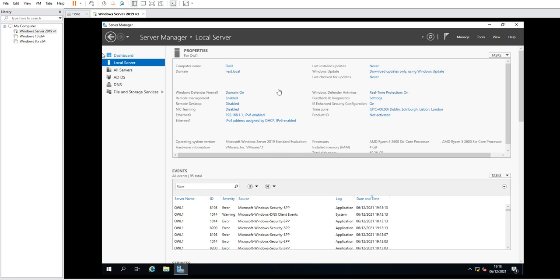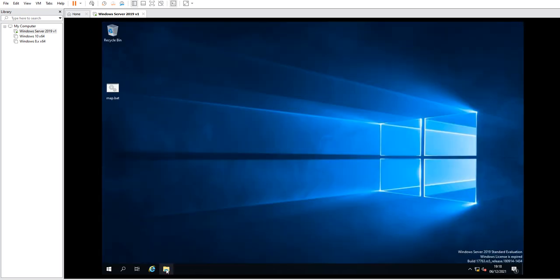Hello and welcome to a quick lesson on disk quotas. I'm going to show you how we can quota people on their Z drives or any other shared drives that you've created. So if we go to File Explorer here,